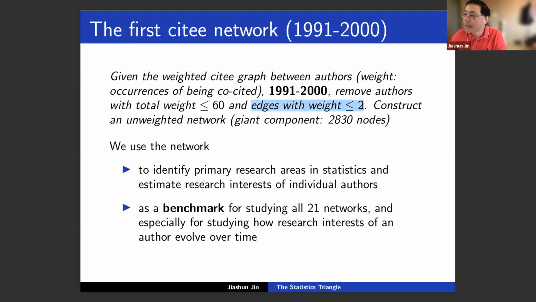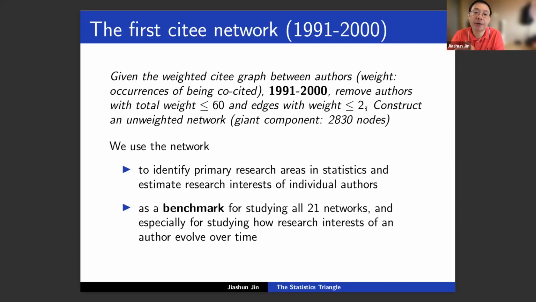There's also an edge weight. For example, if Trace and I have an edge, and this weight is bigger than 2, we retain it. If it's smaller than 2, it's removed. After that, you will have a trimmed network. Now use this network to build an unweighted network. If the edge weight is retained, you make it 1. If it's not retained, make it 0. Now you have a binary unweighted symmetric network. This is the Scite network.